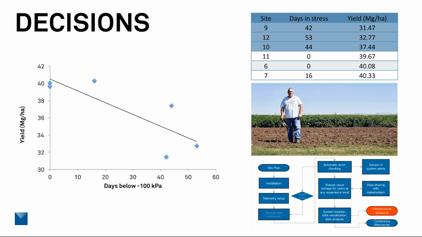And one of the things that was challenging about this potato site was that there were a few locations where we dropped below a water potential of negative 100 kPa for a significant time during the season. And below negative 100 kPa is a level that causes stress for the plants. Plant optimal is above negative 100 kPa, and plants start to go into stress when it's below. And this graph shows you that because we weren't set up to make decisions, this was just an experimental plot, but